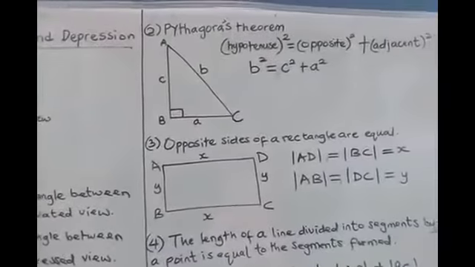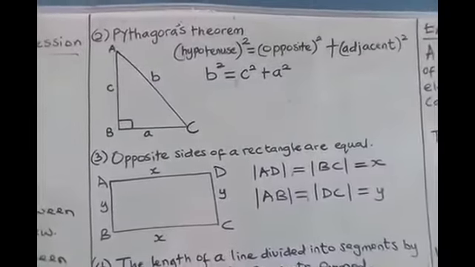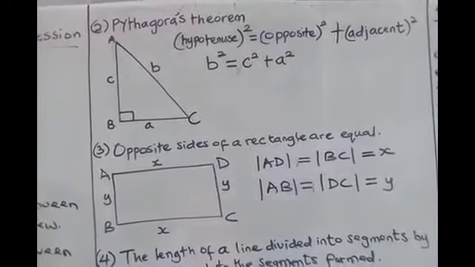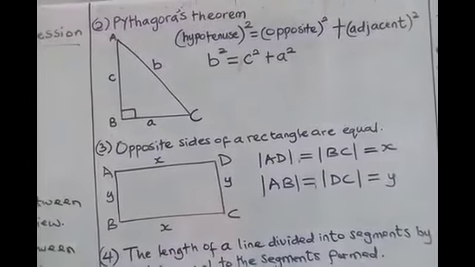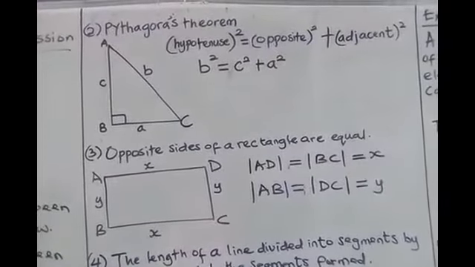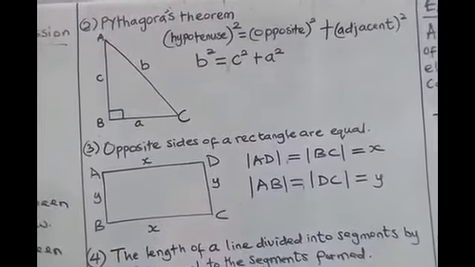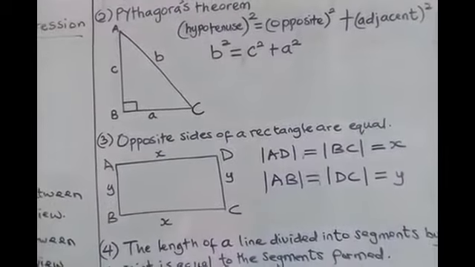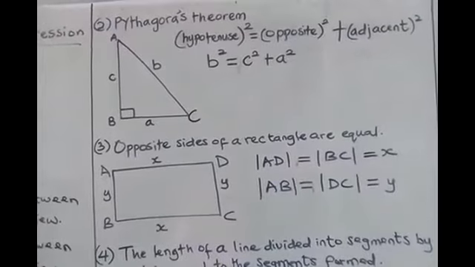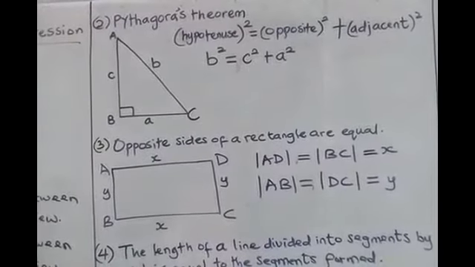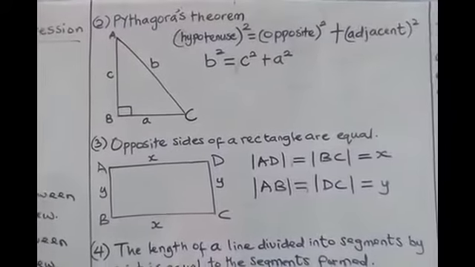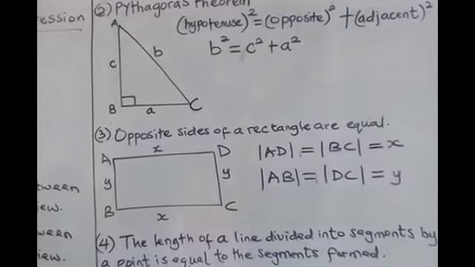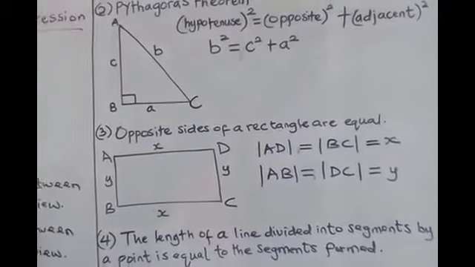Now, going to the second requirement, Pythagoras theorem is applicable. This one also is for a right-angled triangle. Pythagoras theorem states that the sum of the opposite squared and the adjacent squared must be equal to the hypotenuse squared. So if I have a right-angled triangle ABC with sides a, b, c, then small b represents the hypotenuse side, small c represents the opposite side, and small a represents the adjacent side. So we have b squared equals c squared plus a squared. That is our Pythagoras theorem.